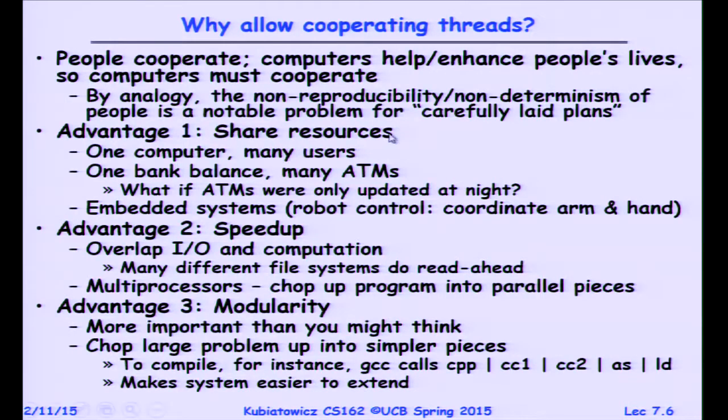Now, here's something that you've kind of been dealing with in the last homeworks and so on, which is pipes. And we've talked a lot about pipes, where GCC, the compiler, for instance, might actually call a set of stages that are piped together: a C preprocessor, a couple of C compilation stages, an assembler, and a loader. Why design it that way? Well, maybe it's more modular. By designing these pieces separately, not only do you get a little parallelism out of it, but you get modularity that might make it easier to debug under some circumstances because you could take the C preprocessor separate from the others. So bottom line, multiple threads are tricky to deal with, but you want to deal with them,